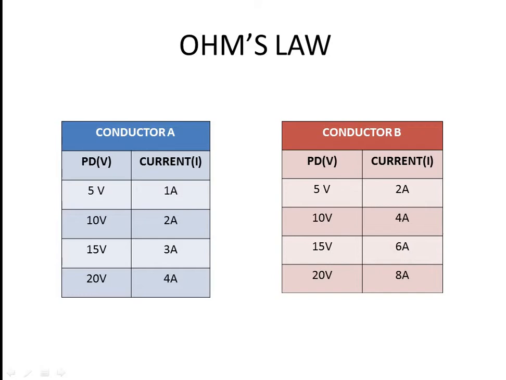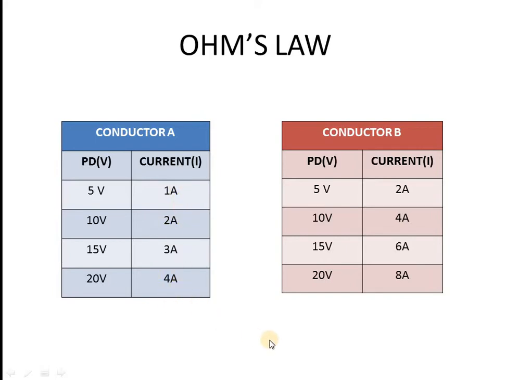If you see these two tables very carefully, then we see that as we increase the potential difference, the current drawn by the conductor increases in conductor A, and a similar pattern is seen in conductor B also. So these two observations verify Ohm's law, that with the increase in potential difference across the conductor, the current also